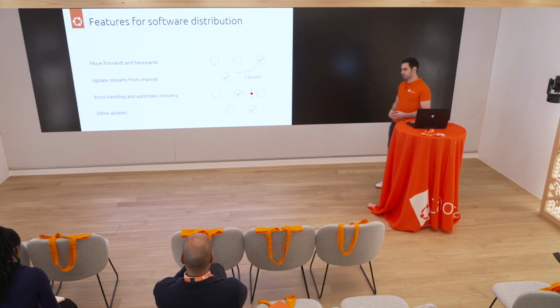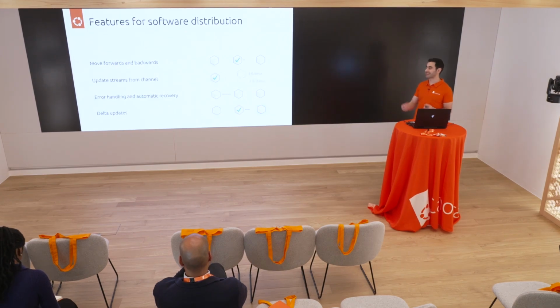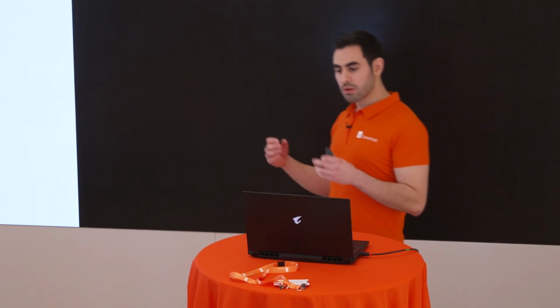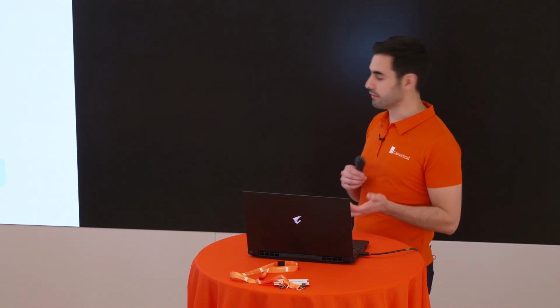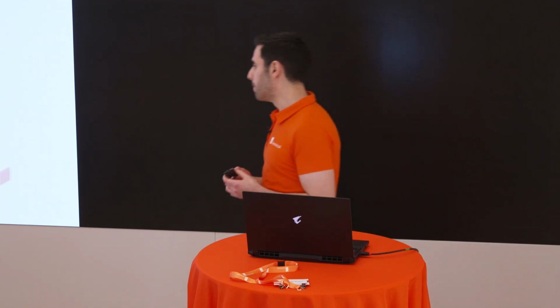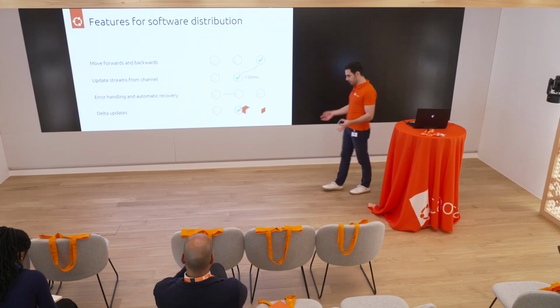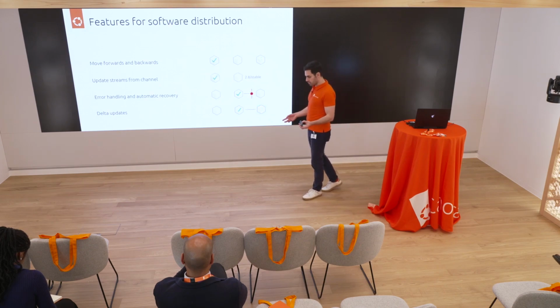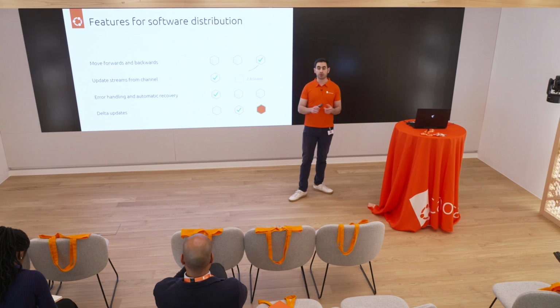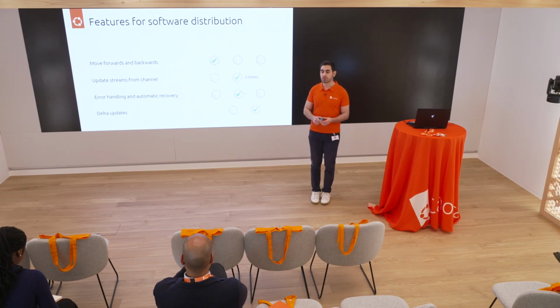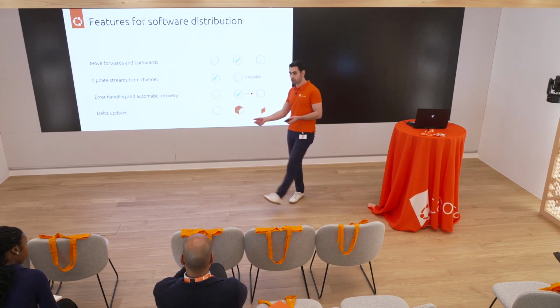And in addition, snaps allow you to leverage a lot of tools that are key for the deployment of software today. From things like backward and forward revisions, or automatic rollbacks if something goes bad. For example, you could be updating your edge device, and there could be a loss in the connection, or there could be a loss in the power. What happens then with your device when you boot it? Is it going to be broken?